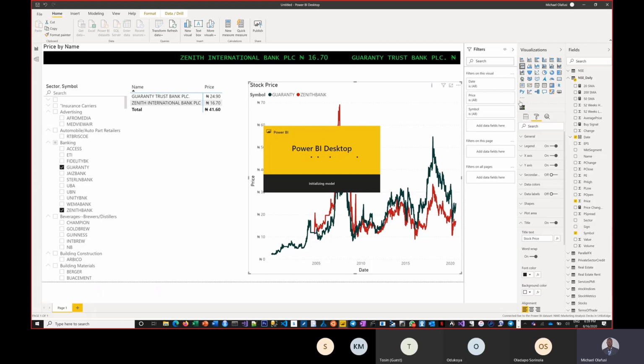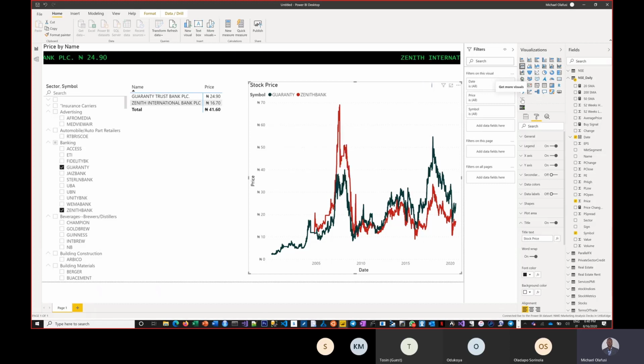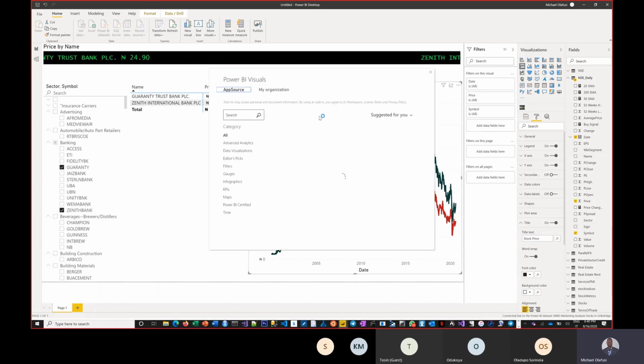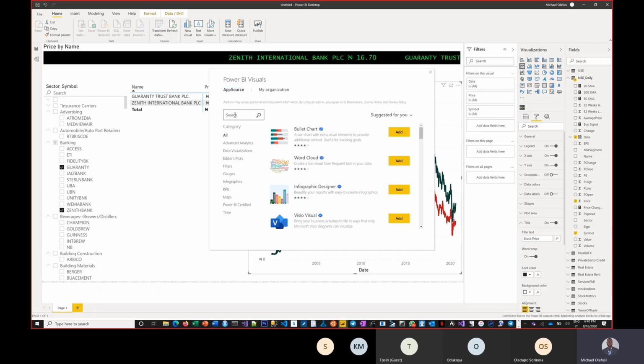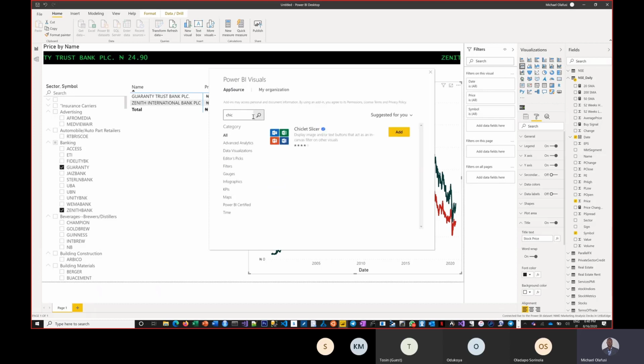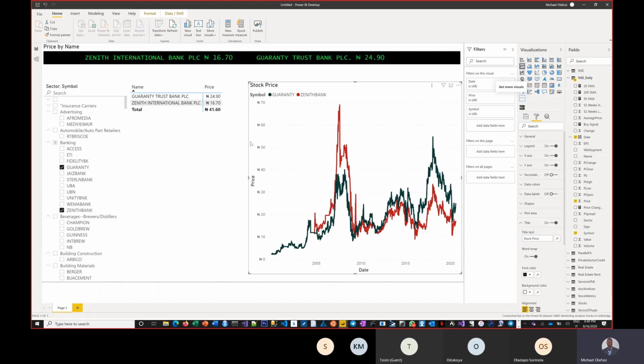So I'm going to quickly also show you other visuals that you will find really useful. So if I go to get more visuals, if you want to use an image as your filter, there's this slider called Chiclet Slider. If you just type chiclet, it will come out. So if I pick this, it allows you to set images as your filter. Okay. So if I click on it,